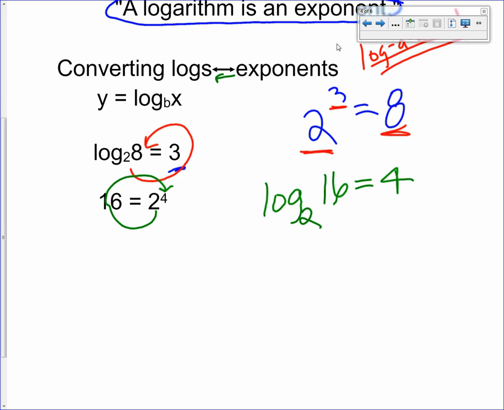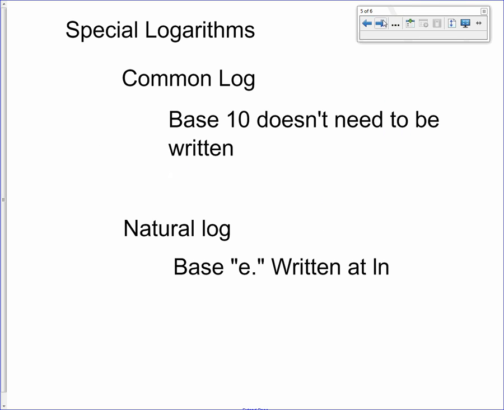There are a couple of special logs that we want to talk about. The two special logarithms we want to talk about are the common log and the natural log. The common log uses a base of 10. And because most things use base 10, because it's so common, we don't have to write it. So an example is log base 10